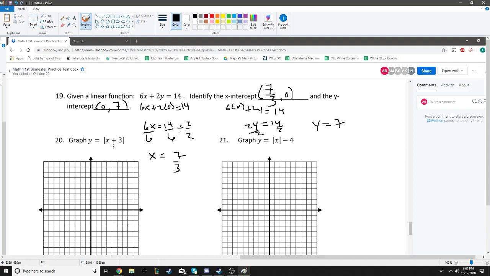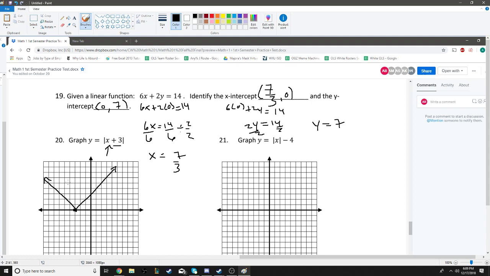For this one, this is a plus 3 inside the parentheses. If it's inside the parentheses, you go left and right. But 1, 2, 3, you need to go to the left. Okay, you'd think you would go to the right, but you're really looking for which number plus 3 is equal to 0, and that's negative 3. And then you just do the up 1 over 1 slope